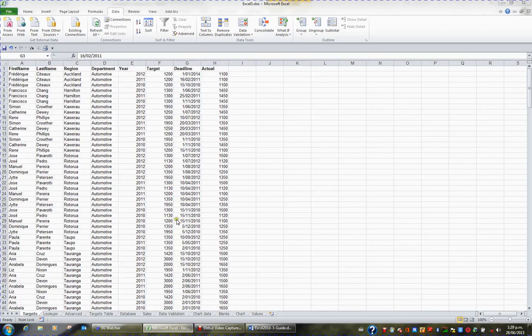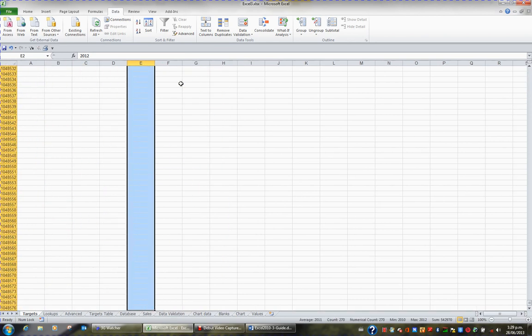Another type of validation you can apply to your list is a whole number validation. For example, I'm going to click in the cell E2 and press Ctrl-Shift down arrow twice. I want to create a rule that basically insists that if they enter a year, it has to be greater than 2012. So from the Data tab in the ribbon and in the Data Tools group, I'm going to click